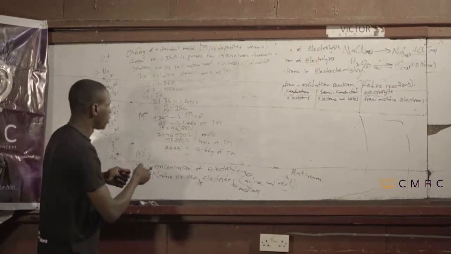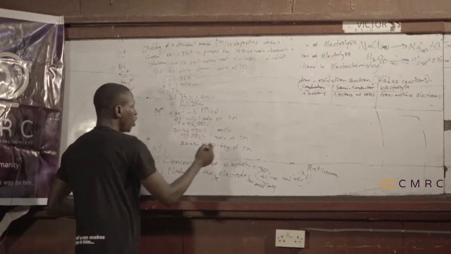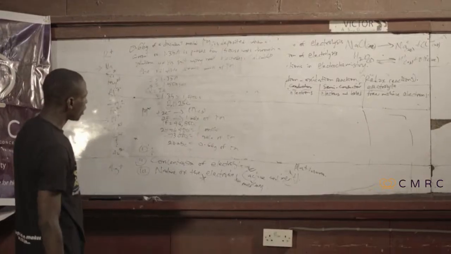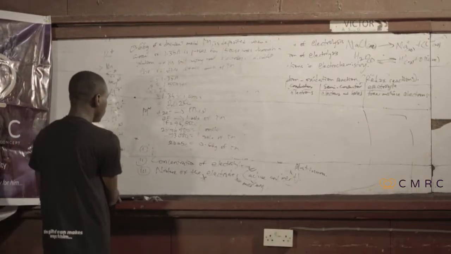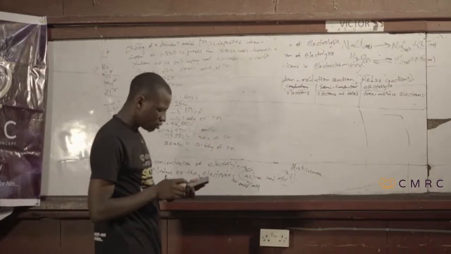2025 coulombs is giving us 0.66 gram of M. So we can go further and then solve the question. So from here we'll be having,